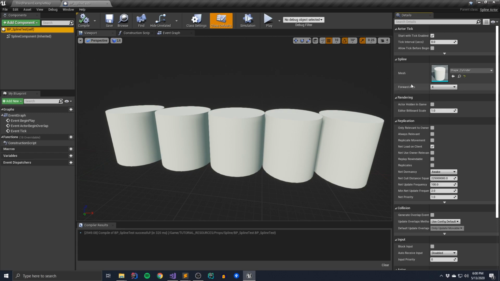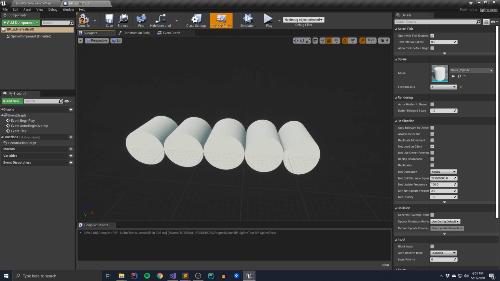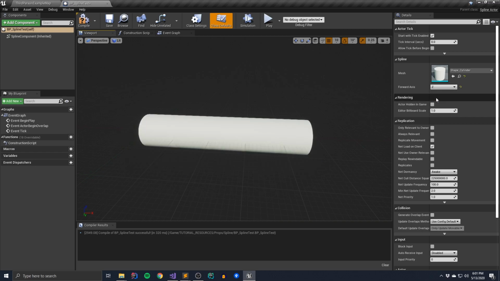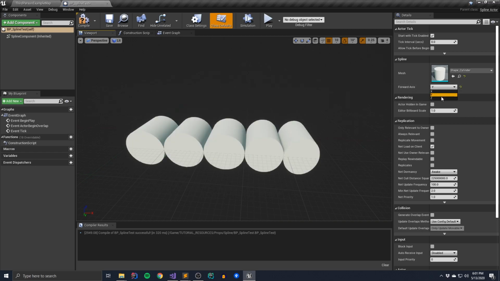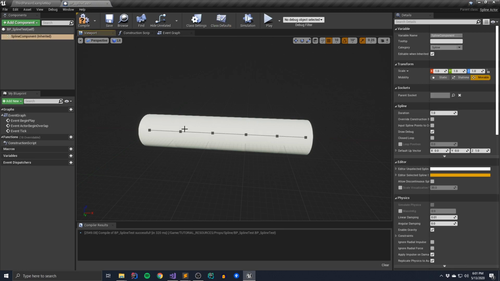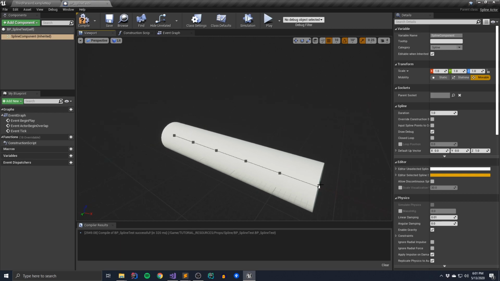So there's our new forward axis, and if we flip this guy around, look at that. All of a sudden, we modify the whole orientation of all of those cylinders. And if we do it along the z-axis, as you can see, we get a fairly uniform